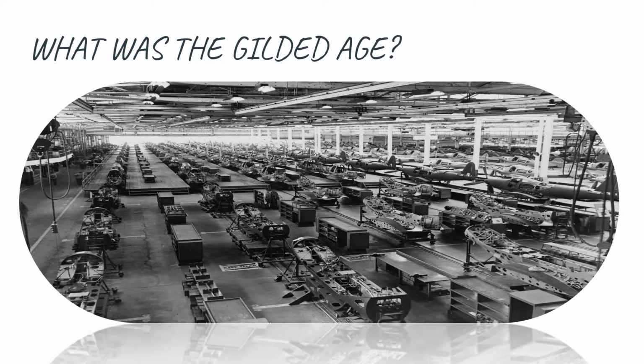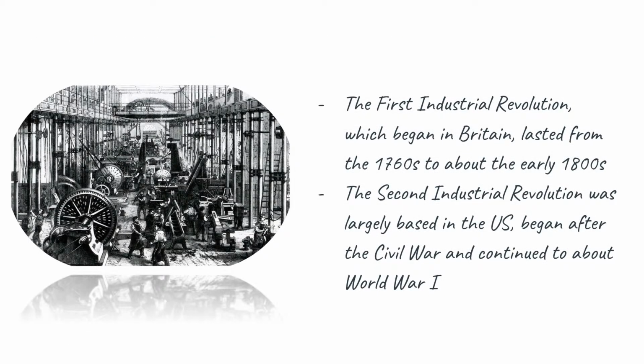So what was the Gilded Age, known more broadly as the Second Industrial Revolution? Well, it was part two of a century-and-a-half long era in human history, where people patented many new efficient technologies and discovered new ways to organize society. The first Industrial Revolution, which began in Britain, lasted from the 1760s to about the early 1800s, whereas the Gilded Age, the Second Industrial Revolution, was largely based in the US, began after the Civil War, and continued to about